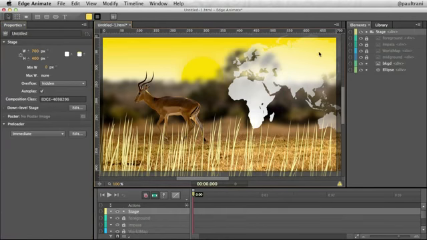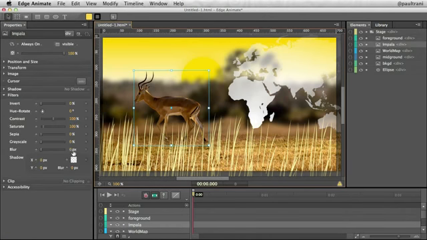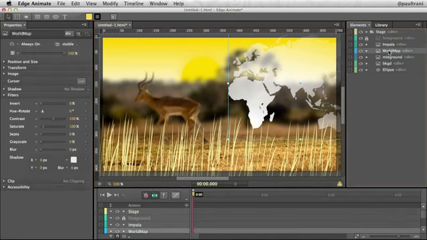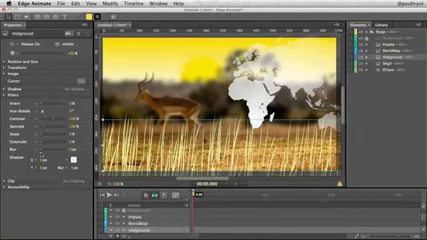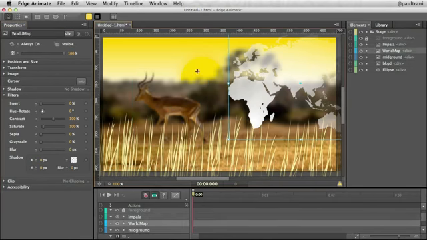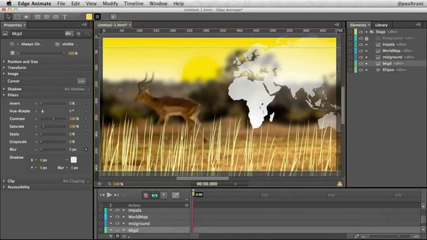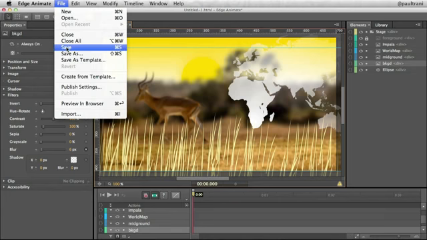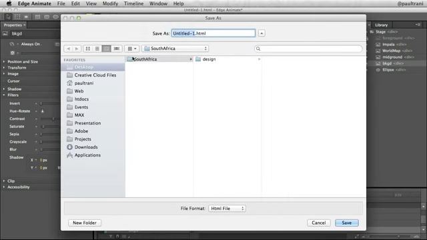Next up will be the actual Impala. So I'm just going to unlock these layers. In this case, I can just select that Impala. Let's blur out that Impala maybe by 2 pixels. Maybe that midground, again, selecting that midground, 2 pixels there. Since the Impala is on that midground, I'm doing that the same, and you can see how that looks pretty good. I really like how this looks. It's really set up, but you can see how Edge Animate gives me flexibility for adding graphics. Really, my last step is going to be to save this file, and I'm going to save it into this